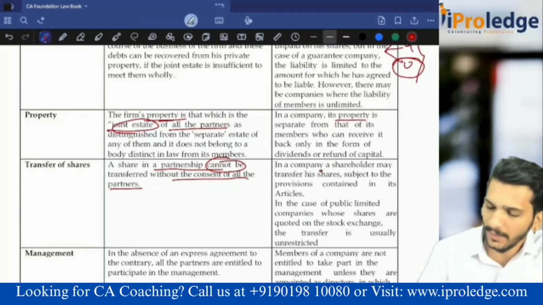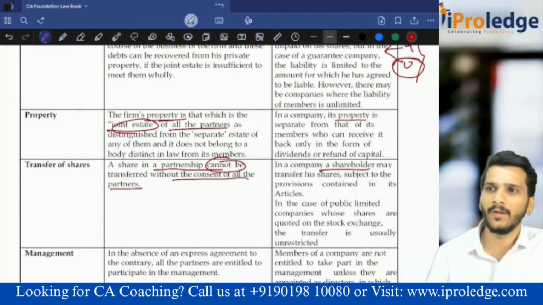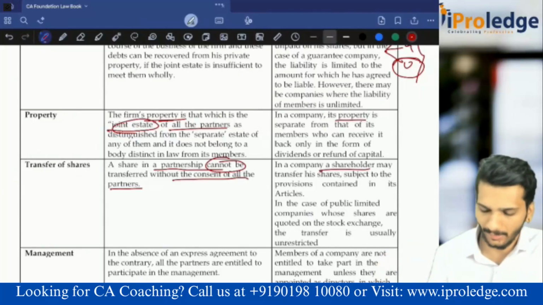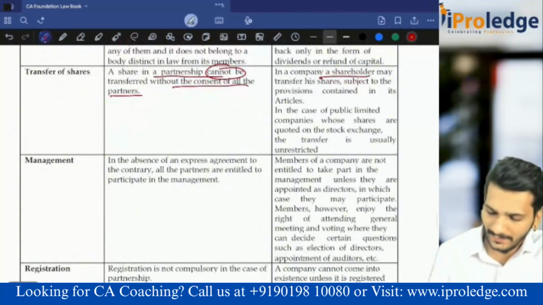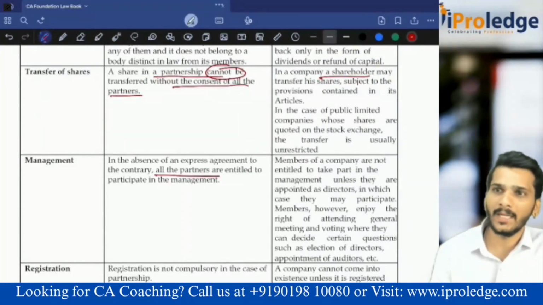But in case of a company, if it is a listed company, you don't need to ask anybody. You can immediately transfer shares through the market, NSE, BSE, all those options are available. And a partnership firm is managed by all the partners, or if there is an agreement, it will be carried by only one partner or two partners.